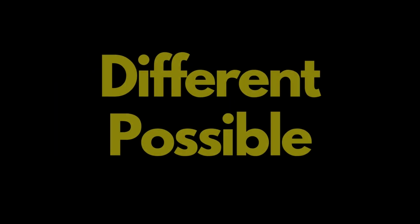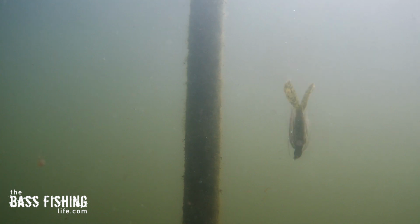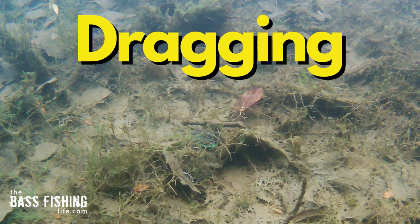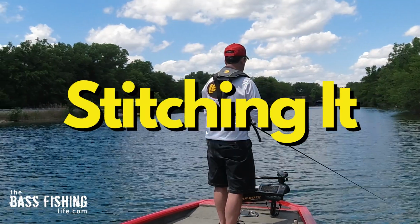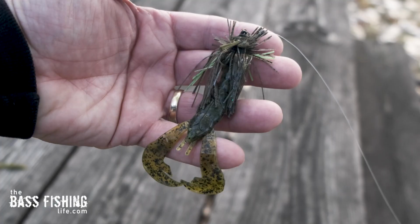Jigs have so many different possible retrieves that we can use. Often we think about them as drop lures, dropping them into cover, that vertical type of presentation. Well, if you're in a situation that dictates dragging a jig, where you're covering a massive amount of water and you're just dragging it, stitching it, reeling it along the bottom, even if you're hopping it some,